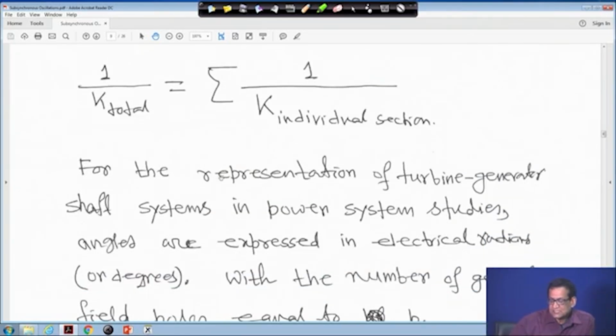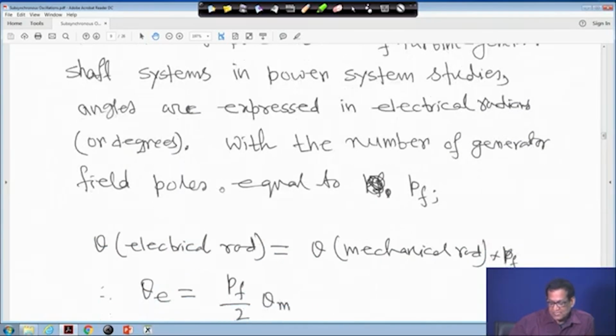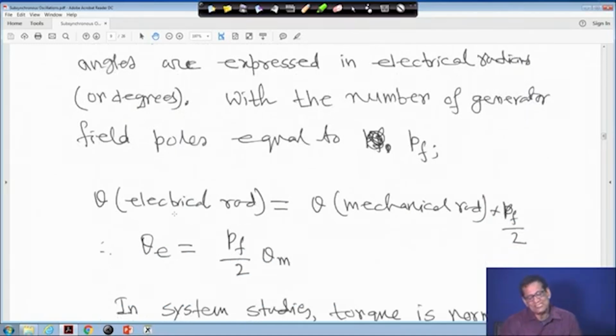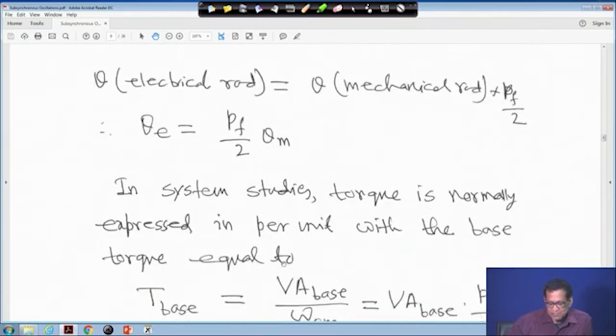For the representation of the turbine generator shaft system in power system studies, angles are expressed in electrical radians or degrees, with the number of generator field poles equal to Pf. We know the relationship, theta electrical is equal to theta mechanical into P by 2. So, theta electrical in radian is equal to theta mechanical into Pf by 2, where Pf is the number of field poles. In system studies, torque is normally expressed in per unit with the base torque equal to